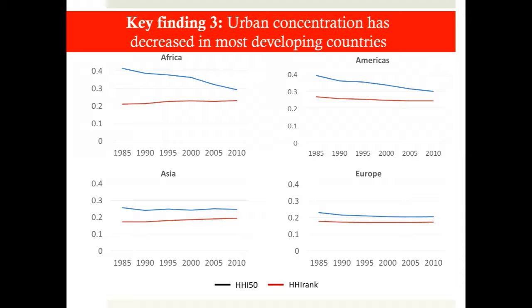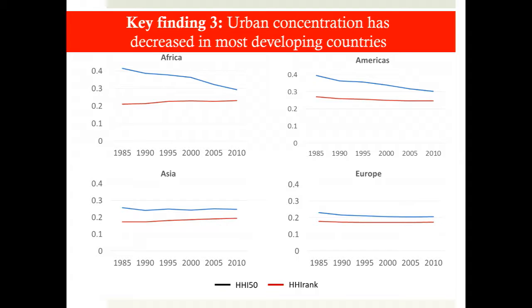And because, of course, the size of cities varies, you have a massive number of cities of more than 50,000 in China. You have very few in a country like Luxembourg. We take the 25 largest cities in every country, if you get 25 cities that are more than 50,000. And what we find is that in Europe and Asia, there has been virtually no change, regardless of the indicator, in urban concentration over the last 50 years,